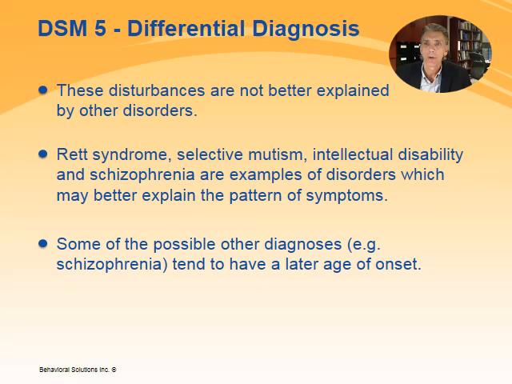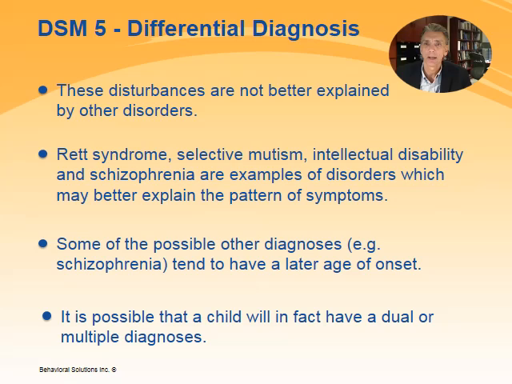It is of course possible that the child will have more than one diagnosis. It is currently estimated that about 70% of individuals with autism may have one comorbid mental disorder and about 40% may have two or more co-occurring mental disorders. Autism is also frequently associated with intellectual impairments. Making such complex multiple diagnoses is very challenging. It is also quite possible that the disorders start at different times, thus necessitating several diagnostic assessments.